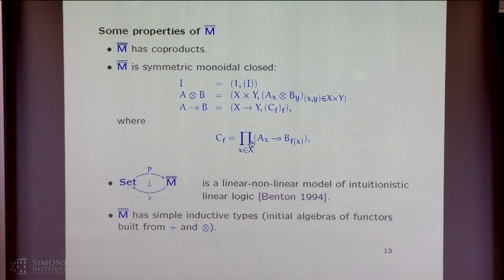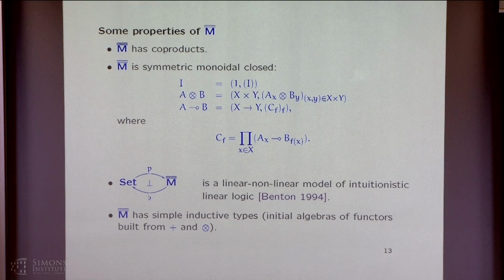But this category M double bar has surprisingly many properties. Obviously, it has coproducts because I added them freely. So certainly it will have coproducts, okay? The fact that it's symmetric monoidal is also not too surprising, because the way you define the monoidal structure is completely straightforward. You take the Cartesian product of the states, and then for each given pair of states, you take the tensor product of those two parameter spaces over those states. And it's not surprising to me that that gives you a monoidal structure.